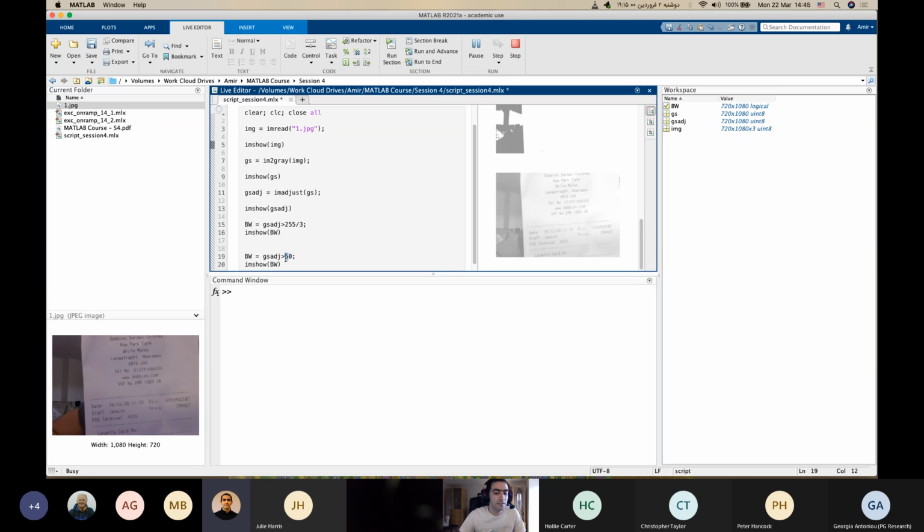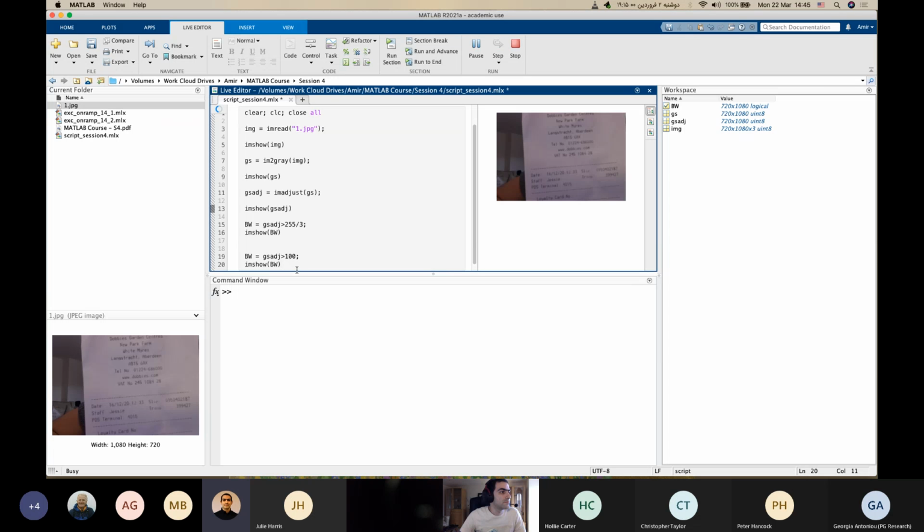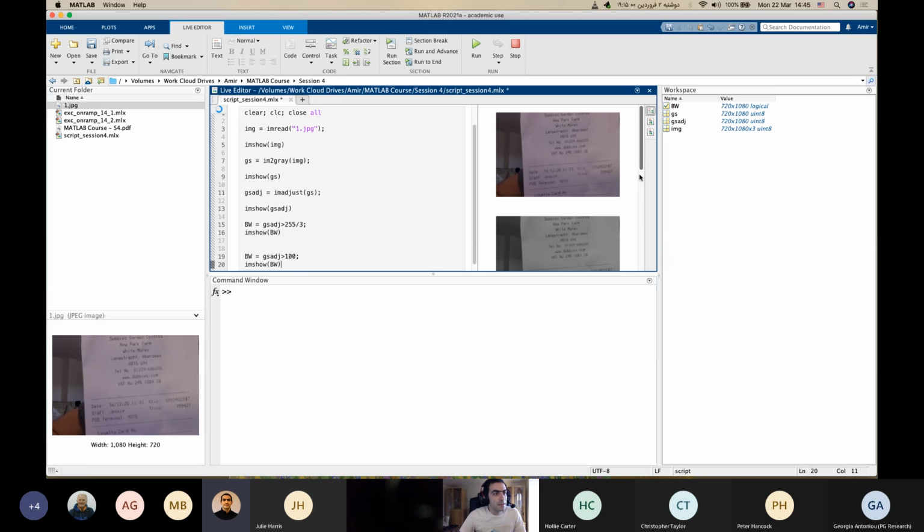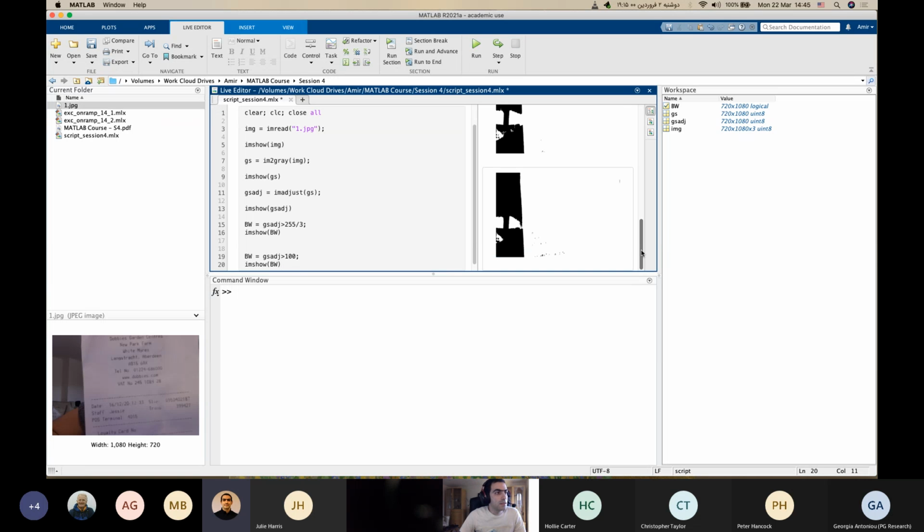I go 100 again. So we see 100. My bad, sorry. And let's see 100. And the output looks like this. So we have some stuff here, a corner here. It looks obviously different. And if I go down to 50 and run again,